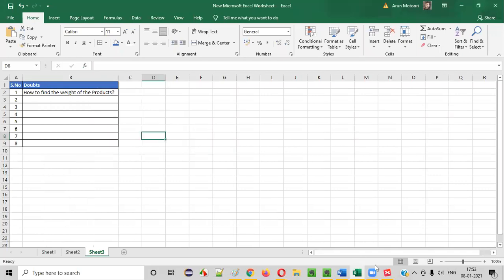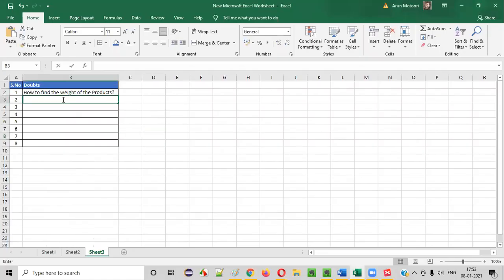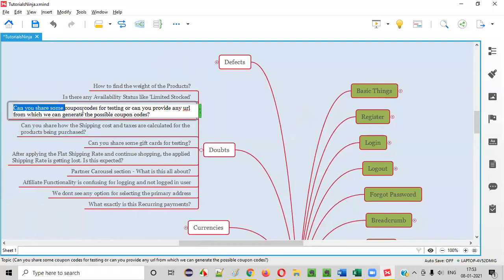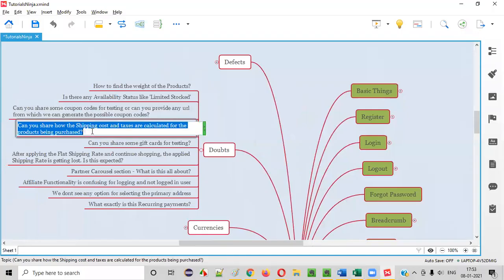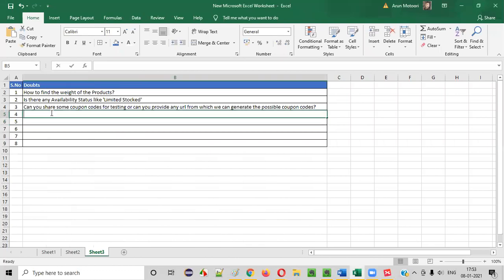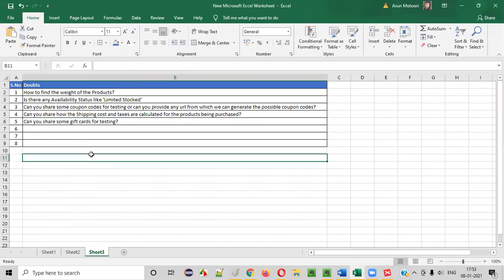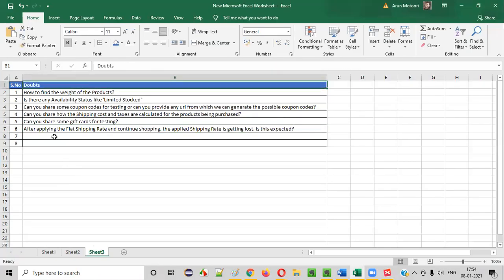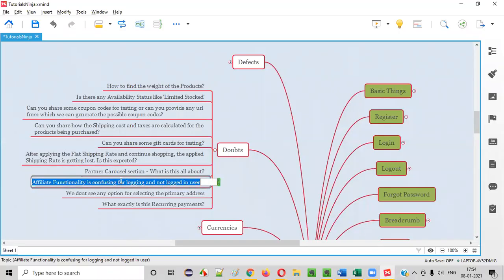So double click here. Again, go to this. All the doubts. These are all the doubts we got while exploring the application. If you remember, I explained in the previous sessions. I'll copy all the doubts that we got while exploring the application and put them into this Excel sheet. Later, we'll copy this box into our email, guys. So next one, like this, copy everything, copy all the doubts we got. A few more doubts are left. Let's copy whatever is possible for now.